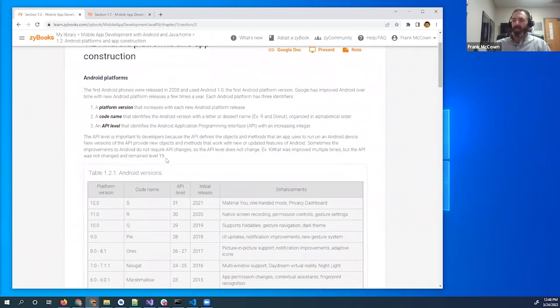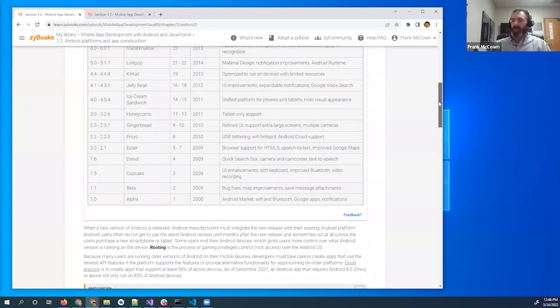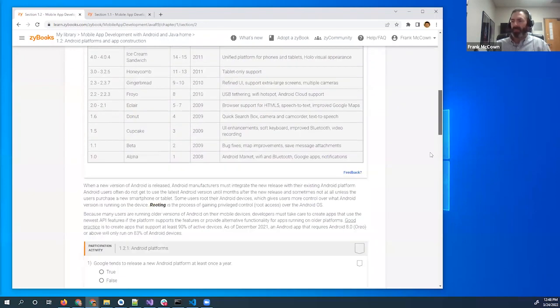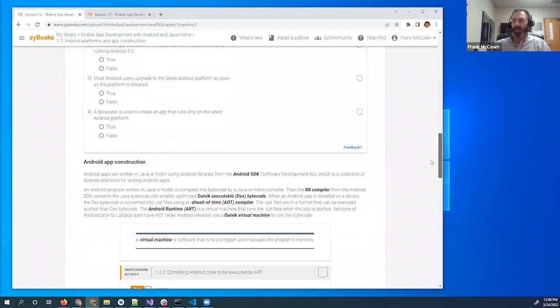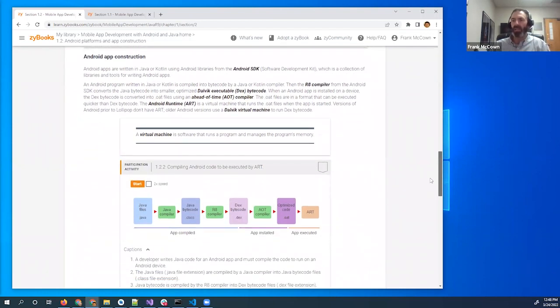So we learn about how these Android APIs have evolved over the years. Currently, we're using version 12, which is API level 31. I spent some time talking about that with my students, just how that evolution occurs and what that means as your API is continually changing. And there's even some information here about what's underlying all of this. You develop your Android code in Java, but how does that make it onto the machine? What is actually executing the code? It's this thing called the ART, the Android Runtime.